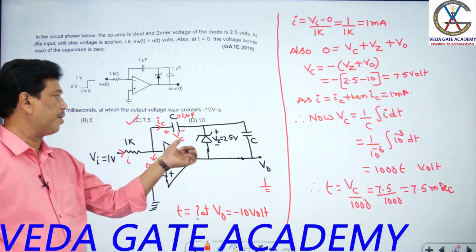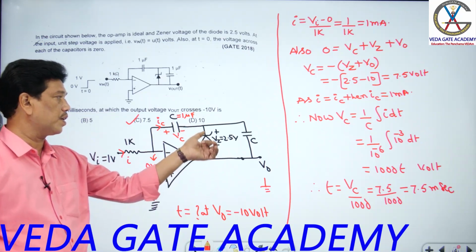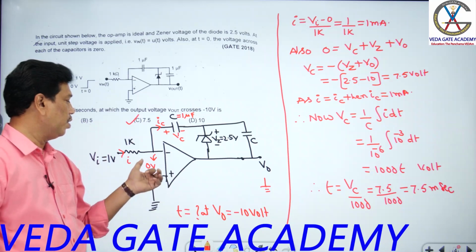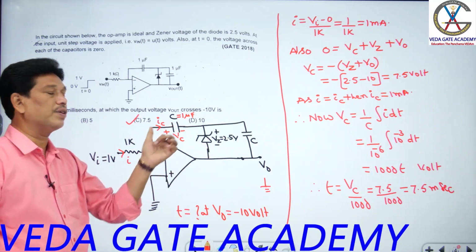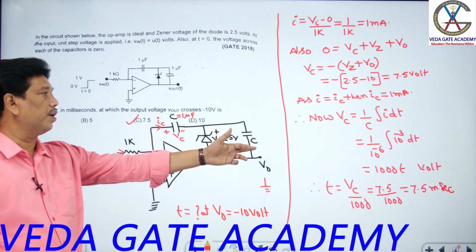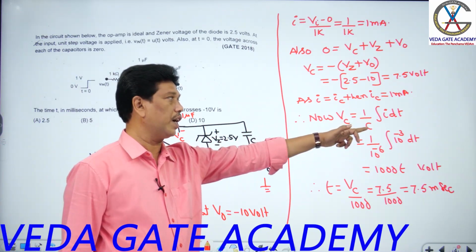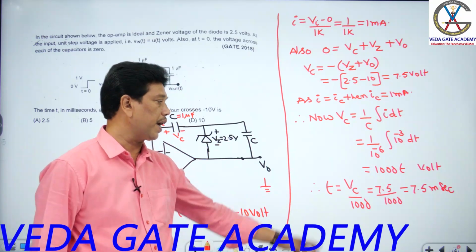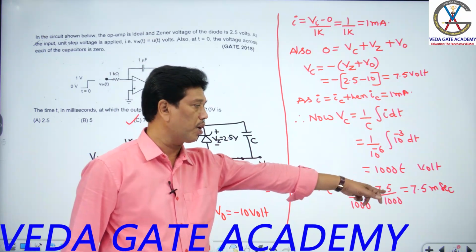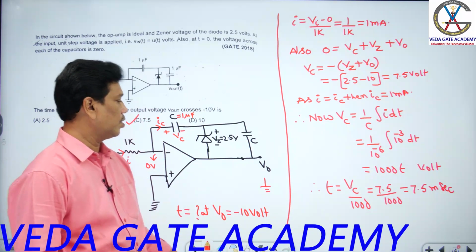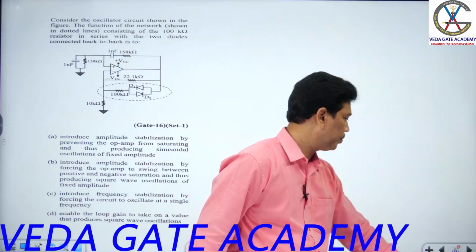Now I am able to find the voltage of the capacitor using the relation, sir. Zener voltage is given, and the output terminal is already minus 10 volt. Based on that I can calculate VC there. You already know the current flow here, sir. Based on the integral relation of voltage and current of a capacitor, I wrote VC equals 1 by C integral of I dt. By that I calculated the time at which the output crosses minus 10 volt, equal to 7.5 milliseconds. Okay. Check out the next question, students.